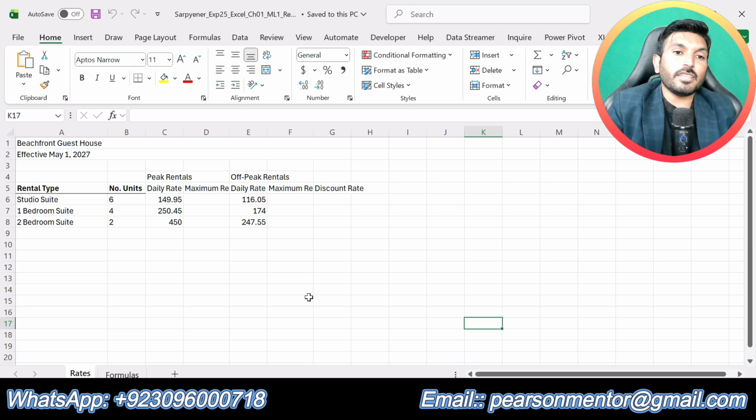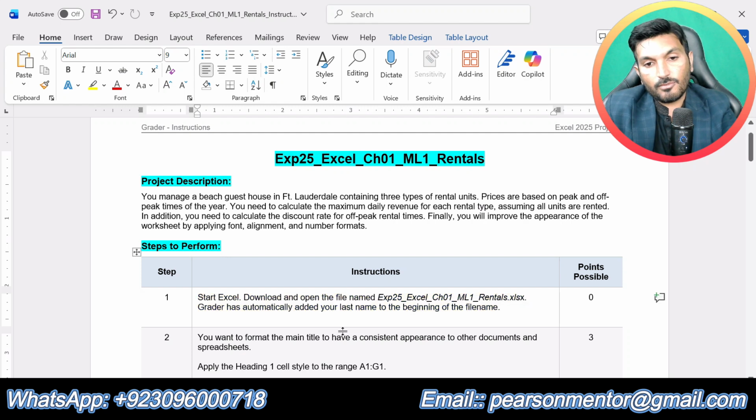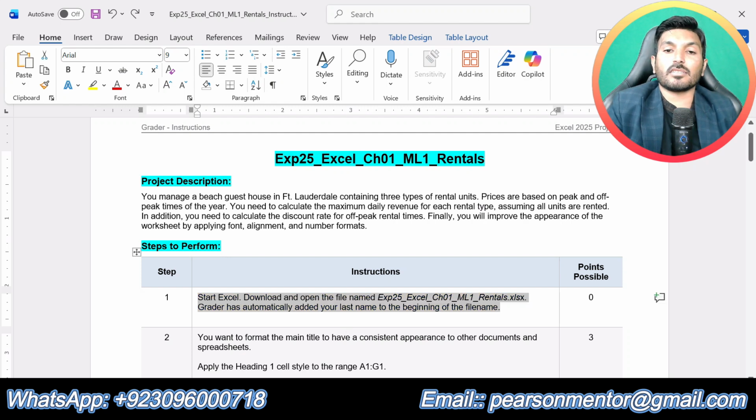We will apply all the steps to this workbook and make it final for submission. Step number 1 is just about downloading this workbook. I have already downloaded it, and you can download it from your course dashboard or Pearson dashboard. Then we will move to step number 2.